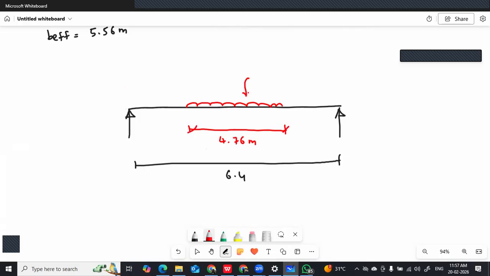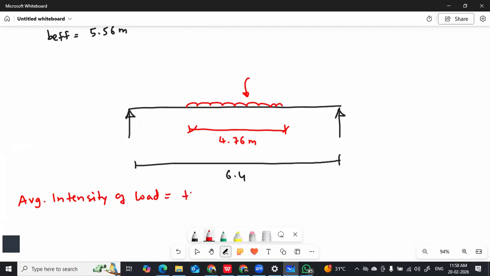Okay, you are interested to find the intensity of the load. So the average intensity of load, I will write the formula here. Average intensity of load equals total load